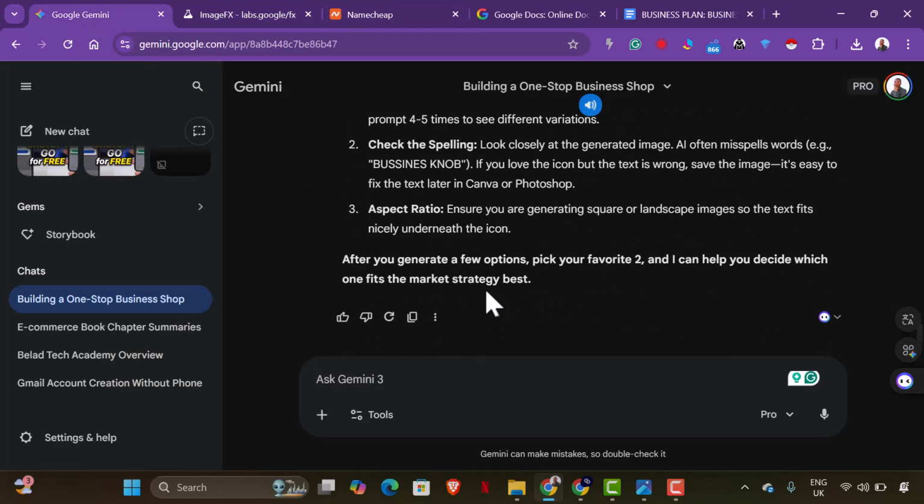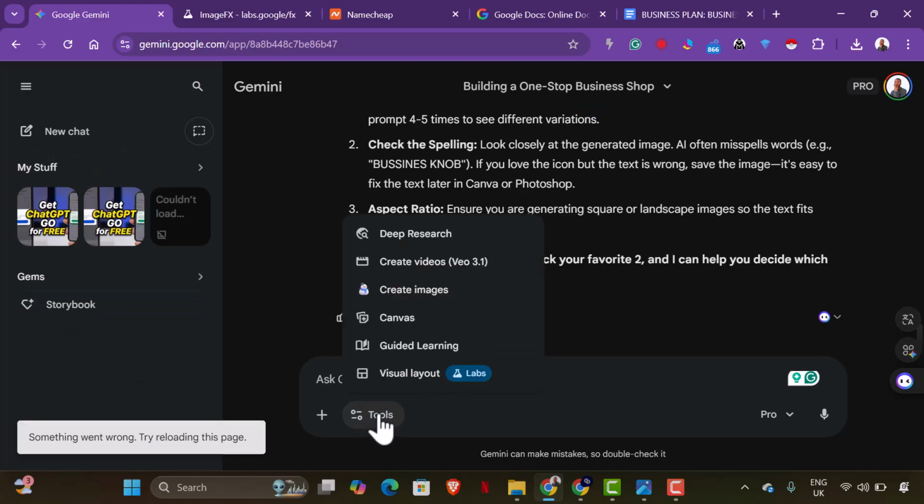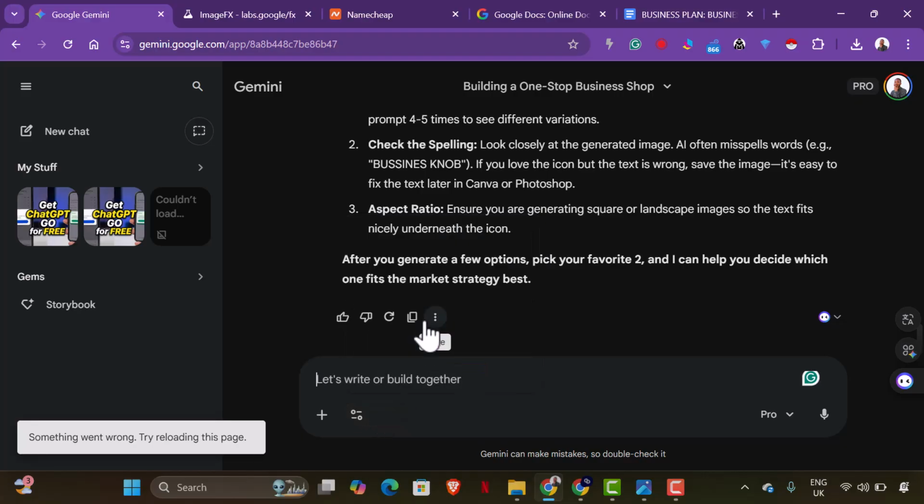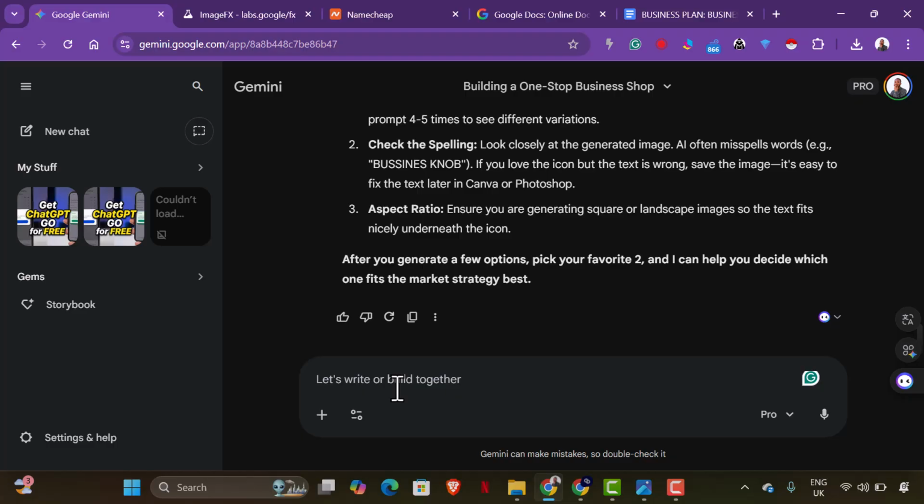So we need to work on the pitch deck. How do we do that? Pitch deck or brand guideline, whatever you want to call it. So let's say, yeah, tools. I'm going to use these tools. I'm going to use Canvas right now. So I want to use Canvas, and let's say I want to create a pitch deck